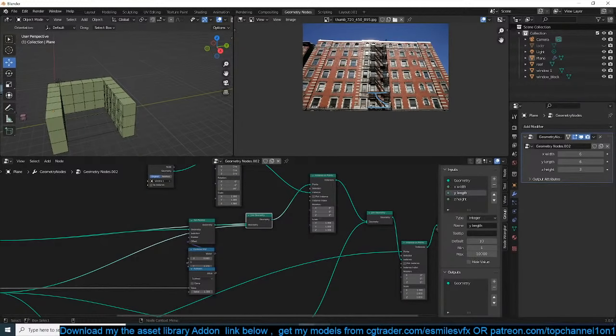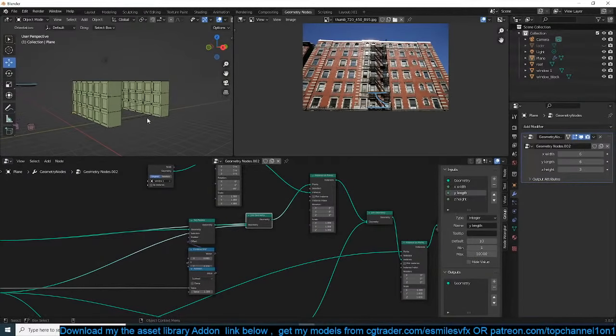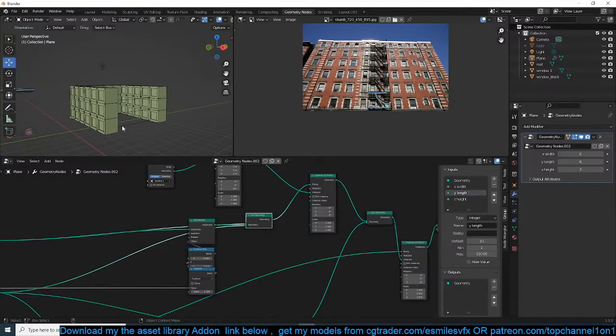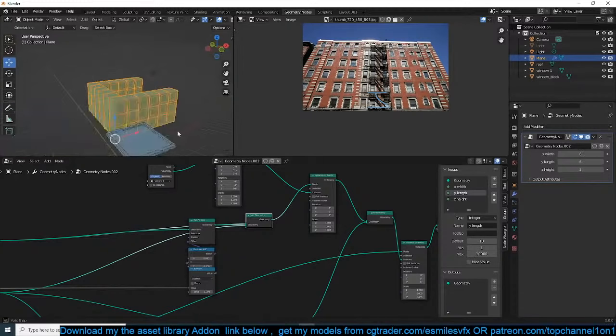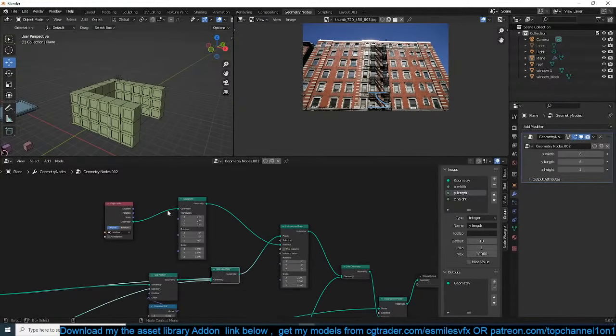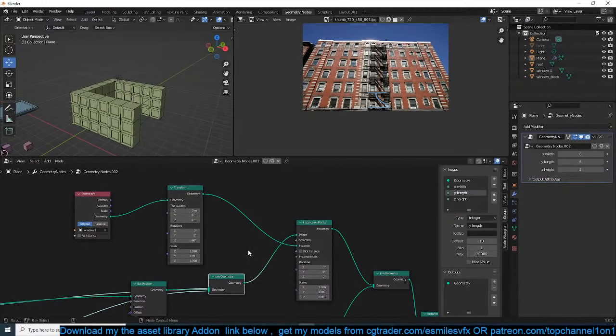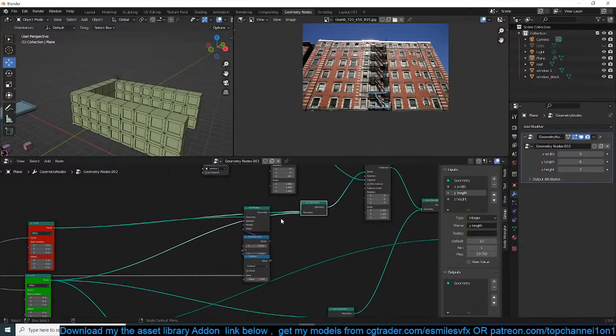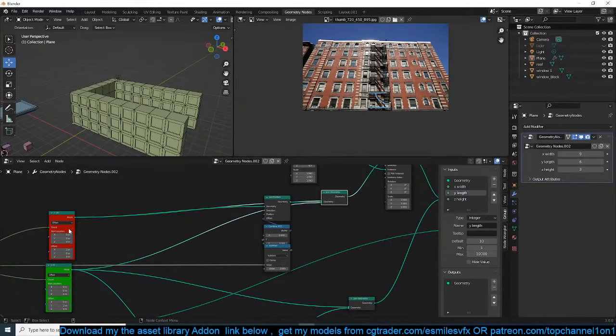Rotation should be based on normals. Well, it depends on how you have approached the project, because if we try to do that, then the normal of these would require a completely different approach than what we are using here. So we got this to work correctly. The only thing I don't like,